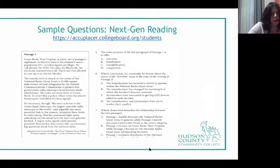So here's a screenshot of a sample question you would see for the Accuplacer reading test. You're basically given a series of passages. And just to show you that first question, well, question 5, in this case, you're being asked for the main purpose, not of the whole article. You're being asked for the main purpose of the last paragraph. So these are the types of questions you'll see